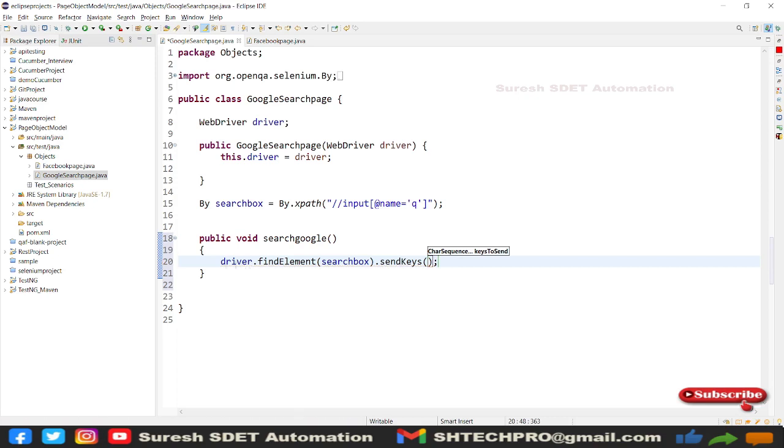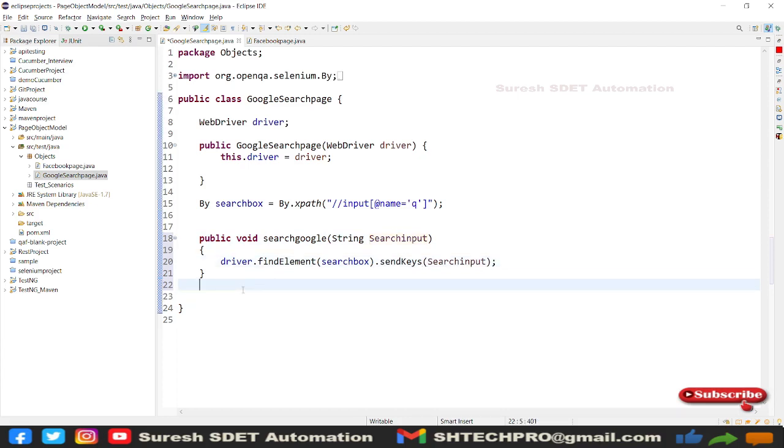So I will do a parameterization here. I will say String searchInput, and this input is passed into my sendKeys, right? Simply we will go with only this method and we will quickly launch our browser.